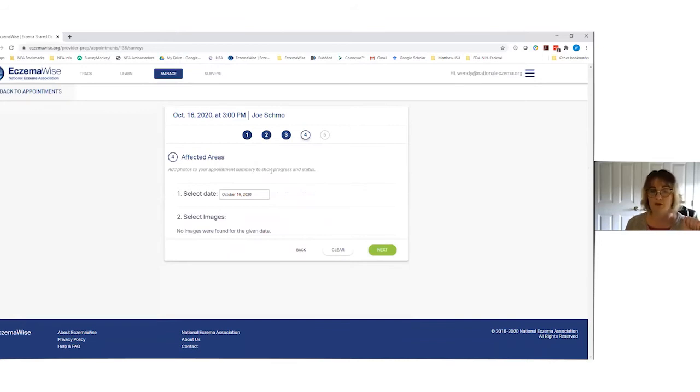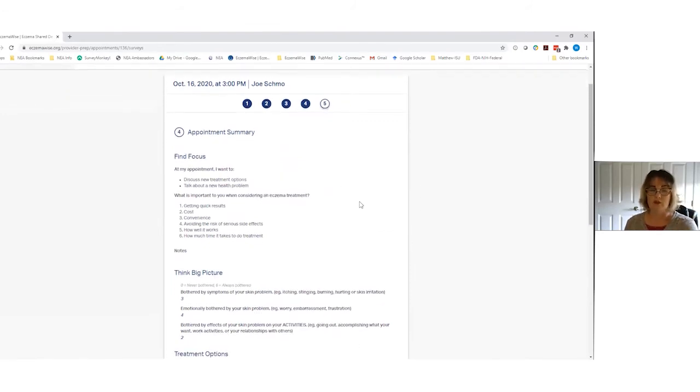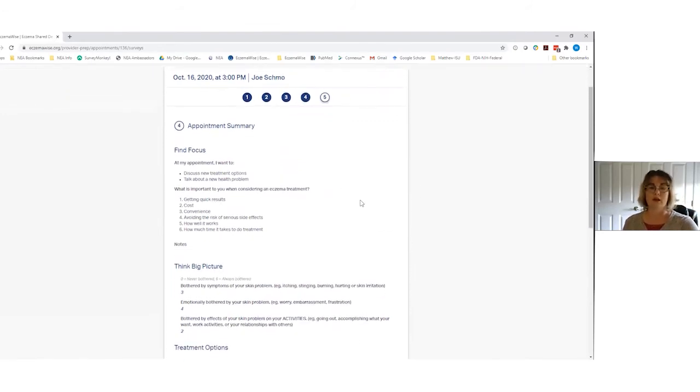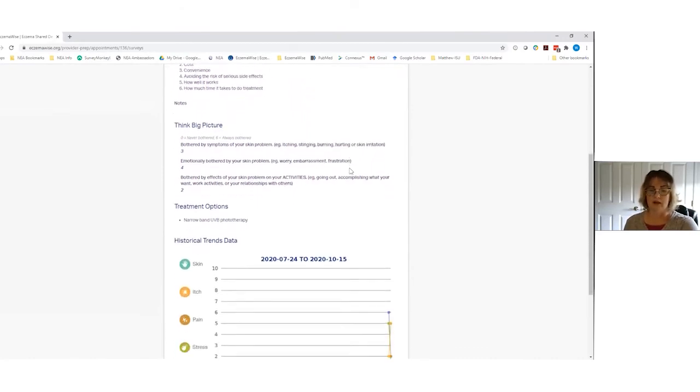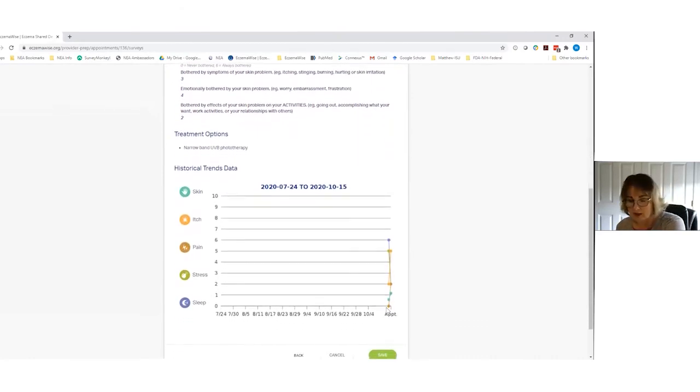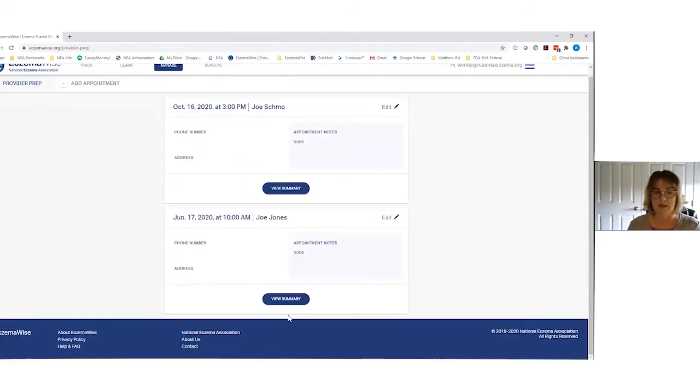You can upload those affected areas, some of those images that you might want to save, and I don't have any, so I'm going to skip over this for now. But now what you're going to get is this appointment summary, and it's going to say basically, here's everything that you just put in, and for the little bit of time that I have been tracking, unfortunately, because it doesn't go back in time that far yet, I have these 3 days of data, but I'm going to show you one that I did some time ago,